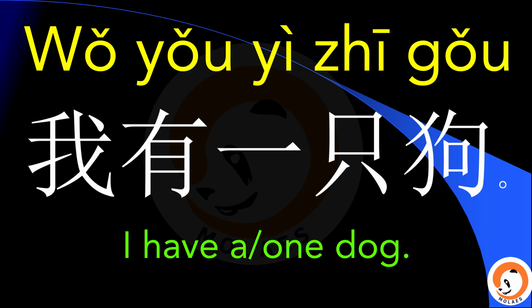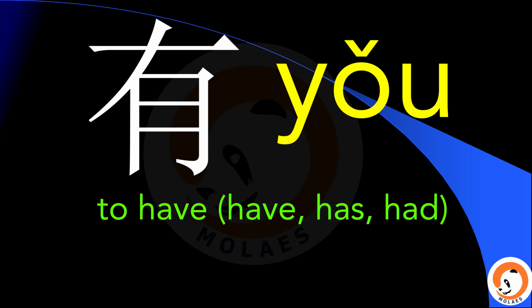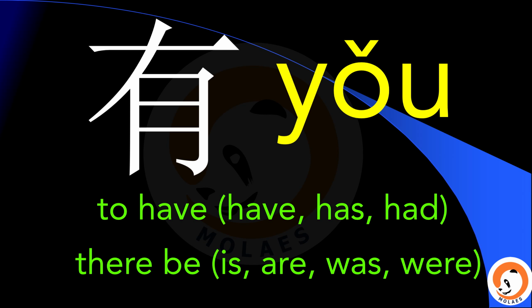我有一只狗。有 is one of the most popular verbs in Chinese. Means have, has, had. It also means there is, there are, there was, and there were. We can say that Chinese language is not strictly grammatical but very contextual. 有 is top and bottom structure. The bottom part is like 月, month, or moon. 有